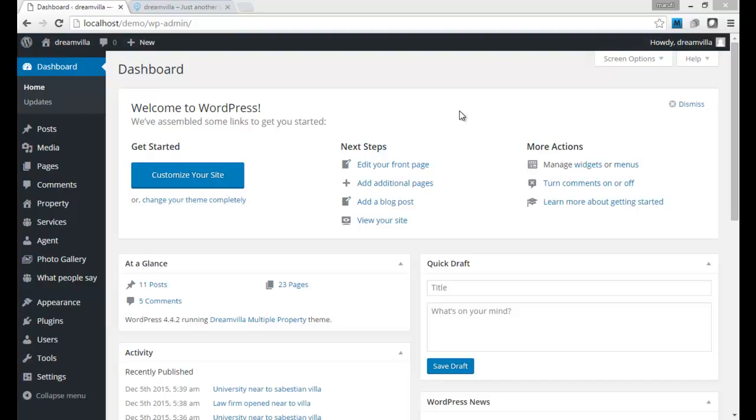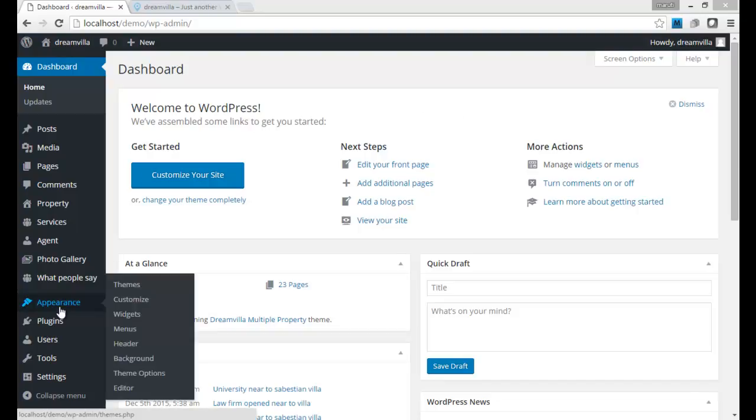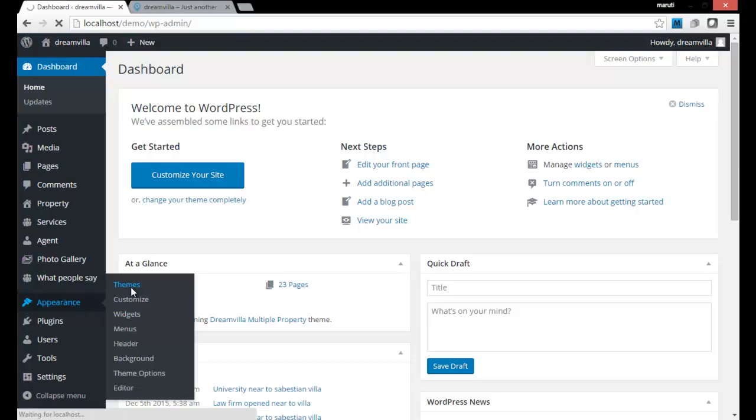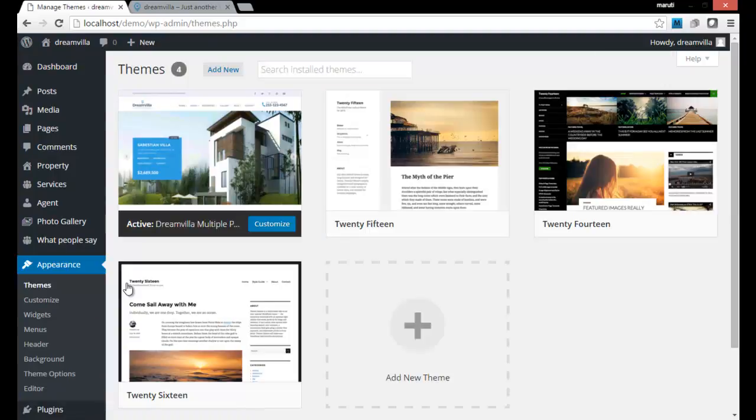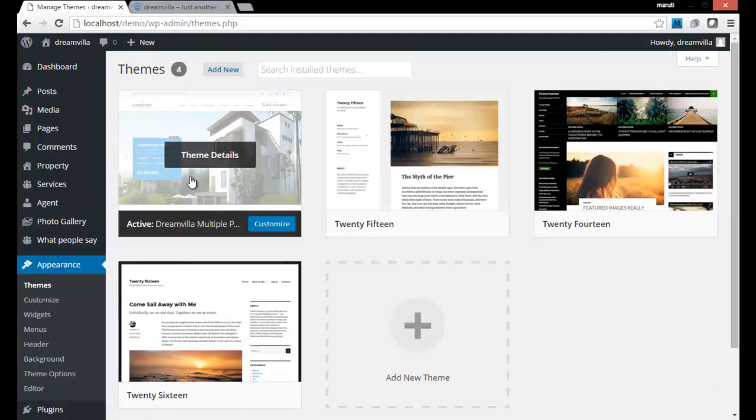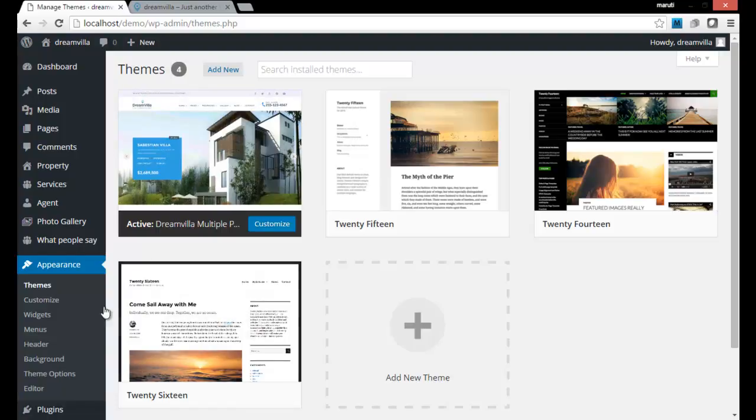The first thing I want you to do is go to Appearance and then click on Themes. We know that inside this we had 4 themes, and now we have activated our DreamVilla theme. Once this theme is activated, it is applied on my default WordPress site. I want you to click on Theme Options,